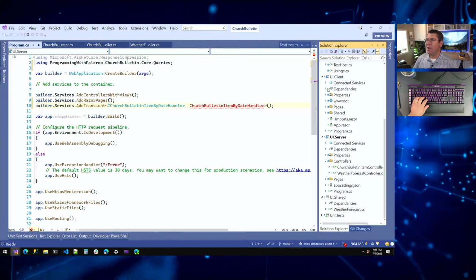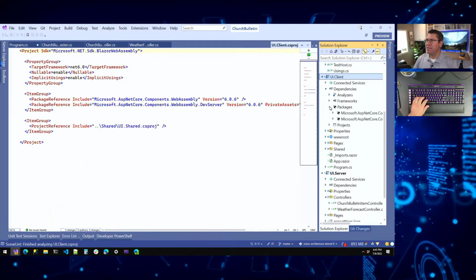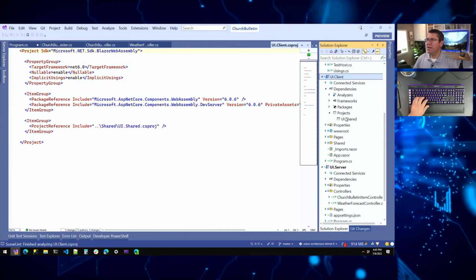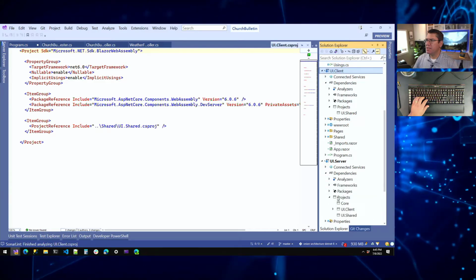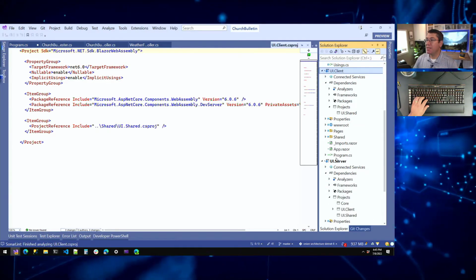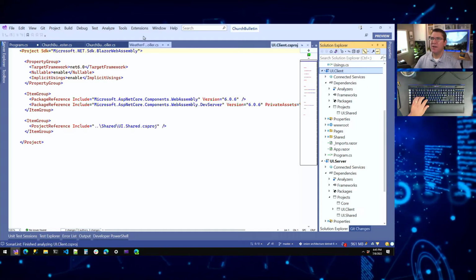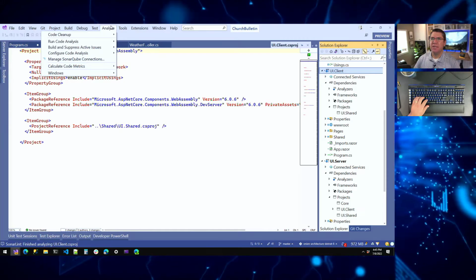in here we have a client, and if I look at dependencies, projects, you can see that UI client has a reference to UI.shared. UI.server also has a reference to UI.shared, but UI.server has a reference to client. Okay, so in this architecture, you know what? Sometimes I like to show